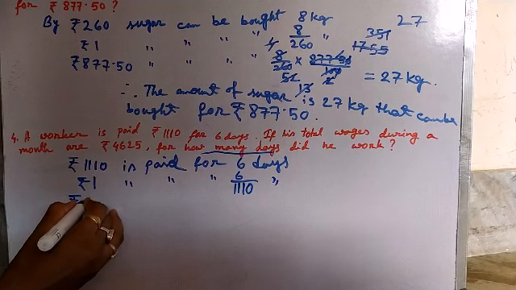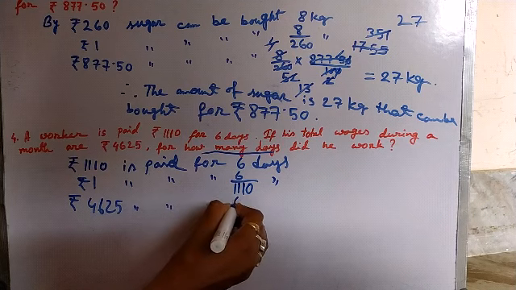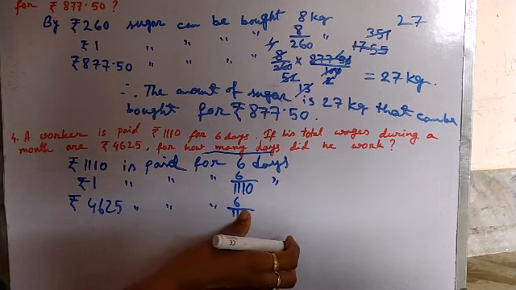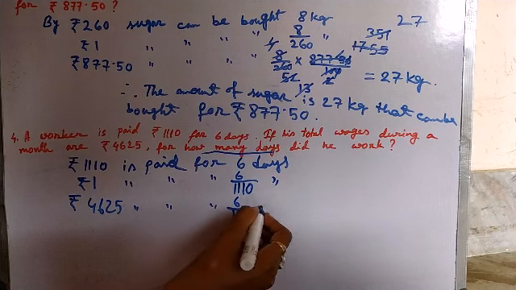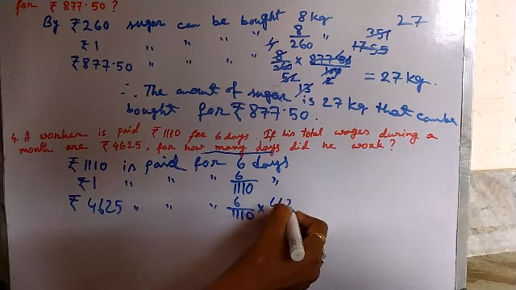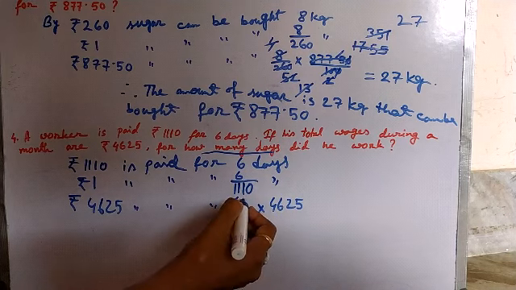Then rupees 4625 is paid for 6 by 1110 multiplied by 4625, then we can cut it